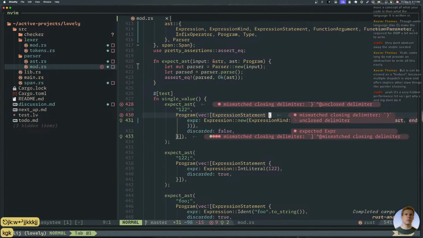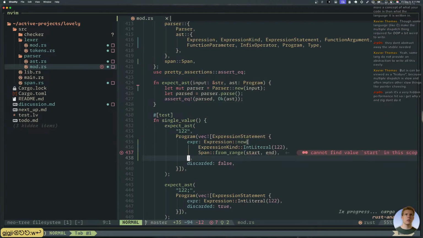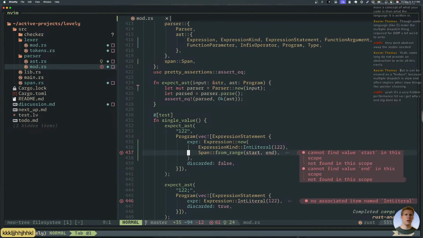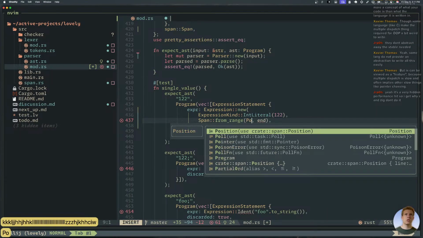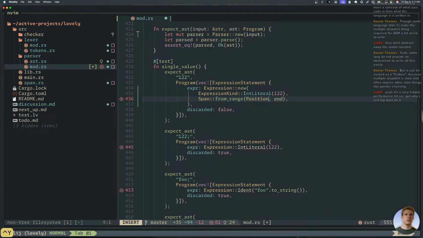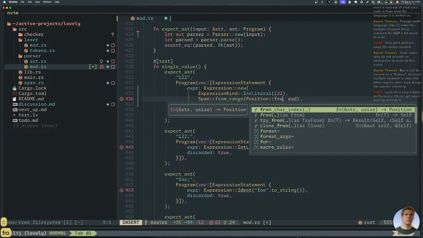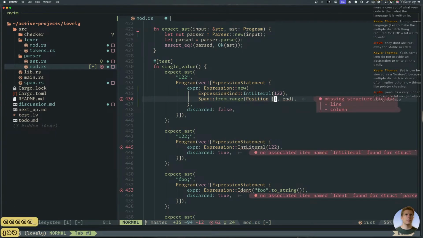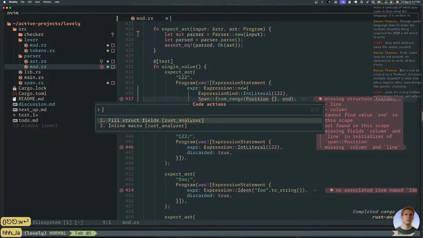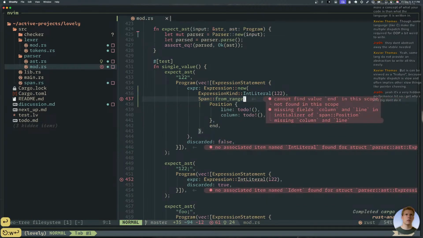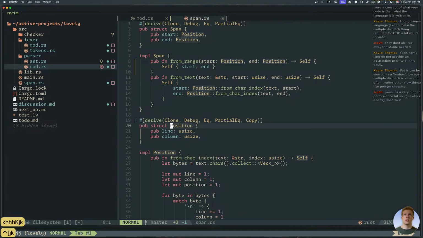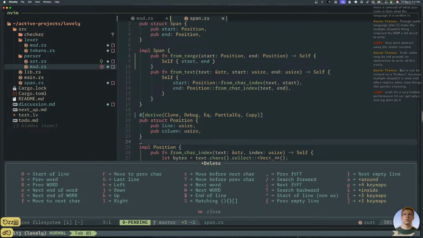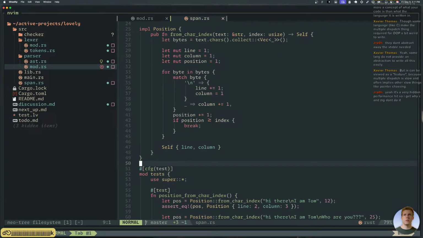Uh-oh, we got an extra parentheses on the loose. Okay, and then from range, position from char and oh no. All right. This is very nice, but I want a better one.